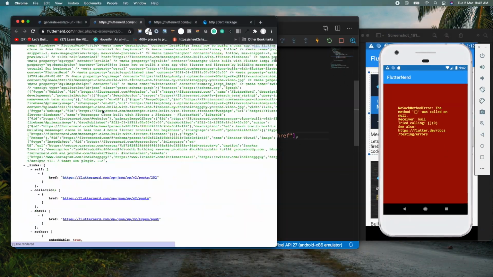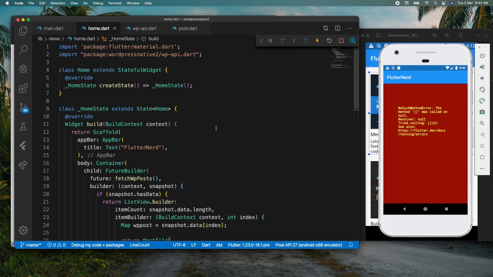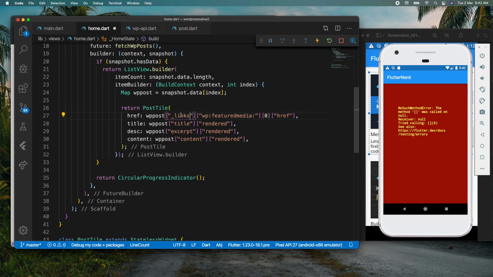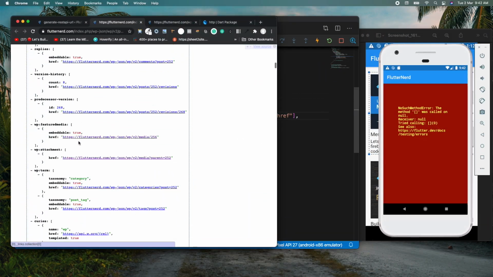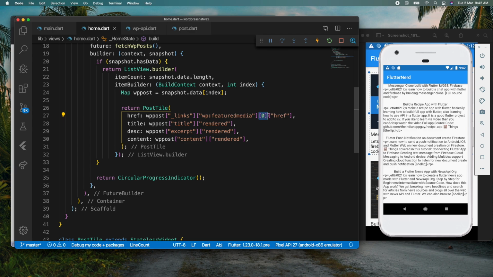So if I go to featured media again, let's just make sure. So we have underscore links. Have I specified that correctly? Underscore links. Yes, I did. And if I go inside this wp:featuredmedia, have I specified that correctly? Yes, I did. You can see that semicolons were extra over here. That's why this was saying that we don't have any value like that. How can you get the first of something we don't have? I hope